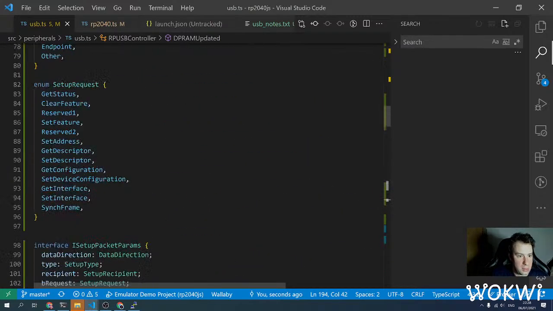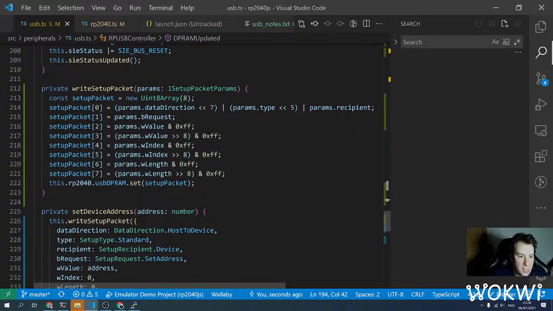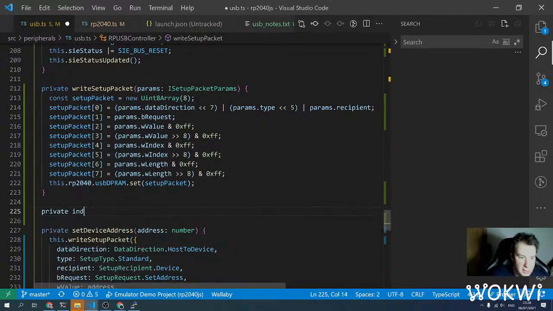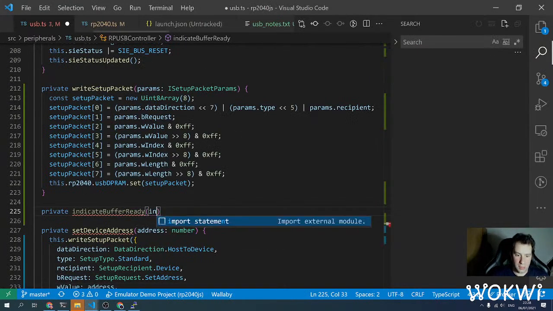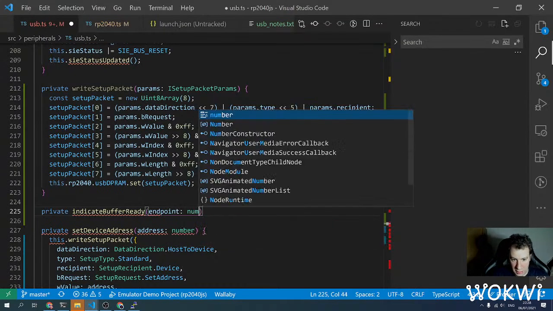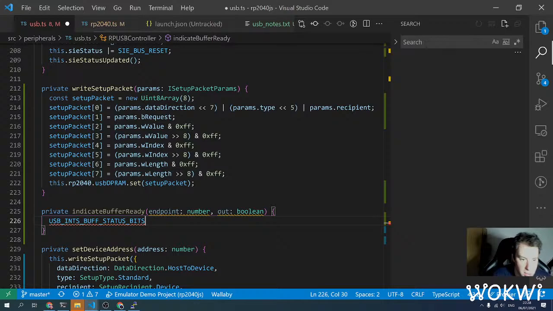Let's call it, where is that function? Private indicate buffer ready or something like that. And we have endpoint number, out boolean,